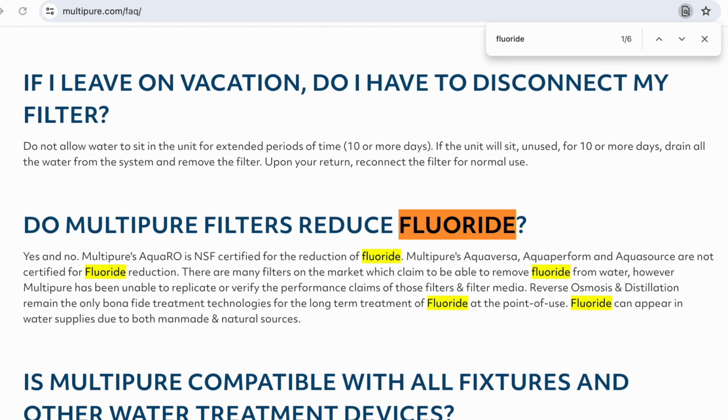Yes and no. Multipure's Aqua RO is NSF certified for the reduction of fluoride. Multipure's Aquaversa, Aqua Perform, and Aqua Source are not certified for fluoride reduction. There are many filters on the market which claim to be able to remove fluoride from water. However, Multipure has been unable to replicate or verify the performance claims of those filters in filter media. Reverse osmosis and distillation remain the only bona fide treatment technologies for long-term treatment of fluoride at the point of